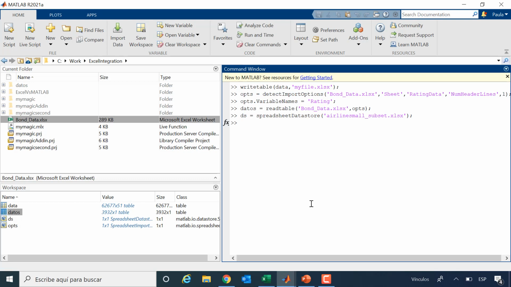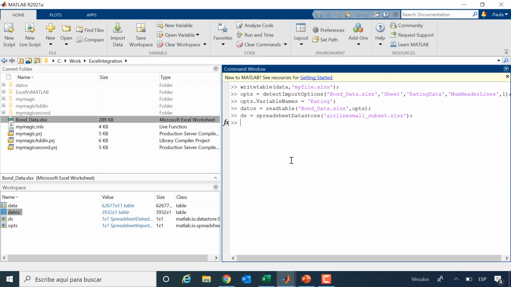So what I have here is a datastore. And what is a datastore? It's a pointer to a location. So I haven't read anything. I'm only saying, be ready, I'm going to be reading you. Because this could be a pointer to many spreadsheets, like the one I saw at the beginning when we have many CSVs. So you just put a pointer to the location and that's all. We haven't read anything yet.